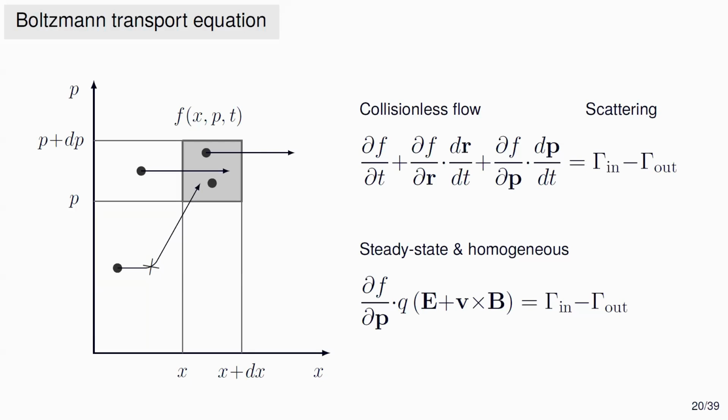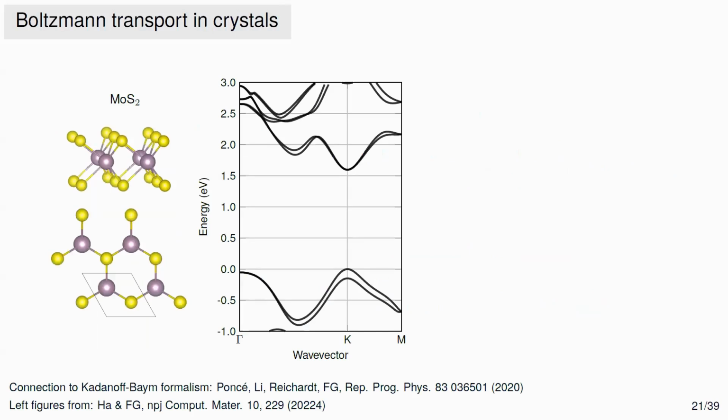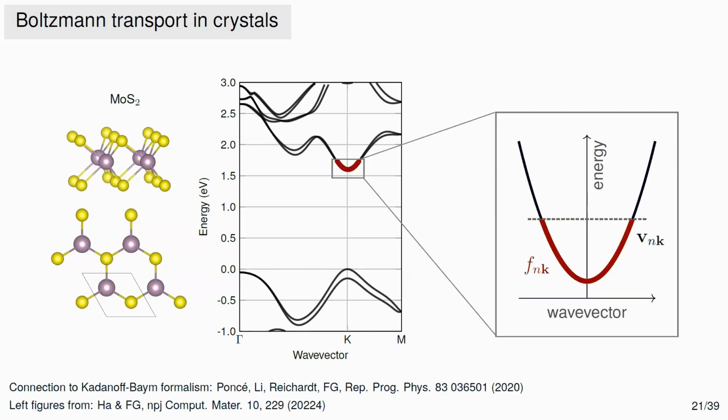Now, this description is for classical systems. What happens when you have a material that is quantum? I'm sure that you know that crystals have electrons sitting in well-defined energy levels that are characterized by one energy, one wave vector, and one index that tells you the band where the electron is sitting. Okay? So the problem of solving the Boltzmann equation for this kind of system is essentially asking, what is the occupation of these electronic states after you apply an electric field? So in a transistor, for example, if you have an N-type molybdenum disulfide, most of the electrons will be localized around this kind of little region of the phase space.